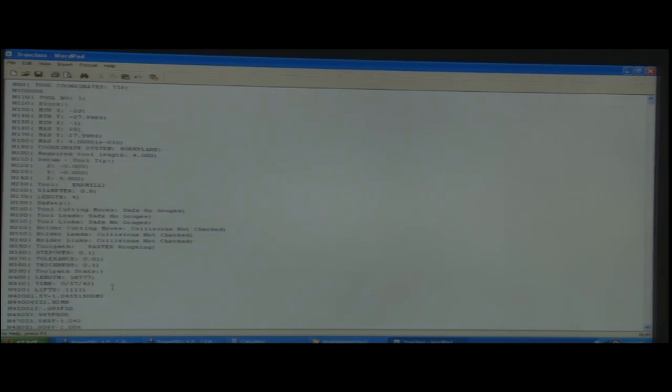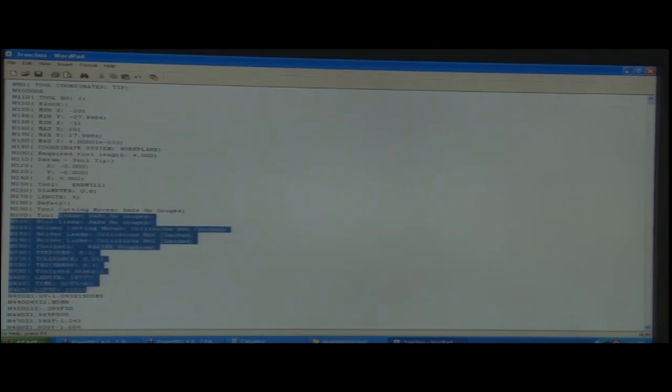Okay, some commands are taken in absolute and some in incremental mode here. Because it is generated by the software itself, it has to get the work done, get the job manufactured or fabricated. So, it has used its own intelligence to develop the commands accordingly. There are certain things which are not required, like these are just information. I can just take all these off, these are not required, this is also not required.